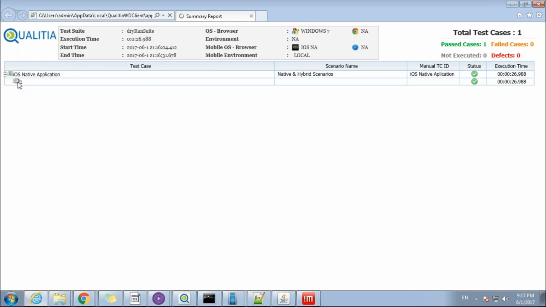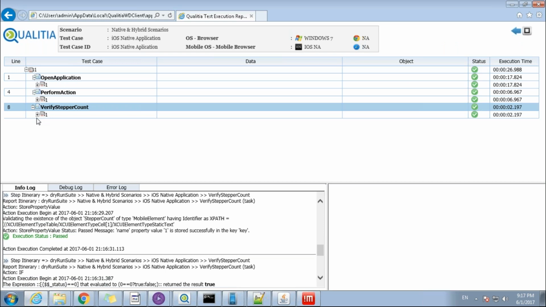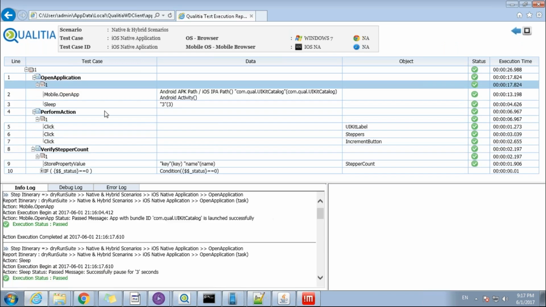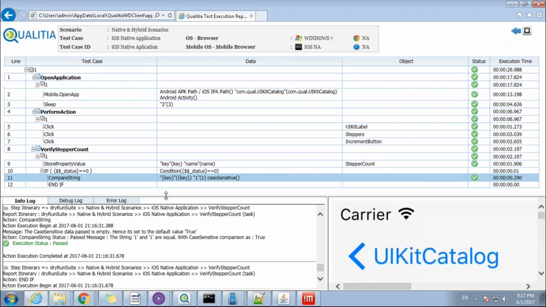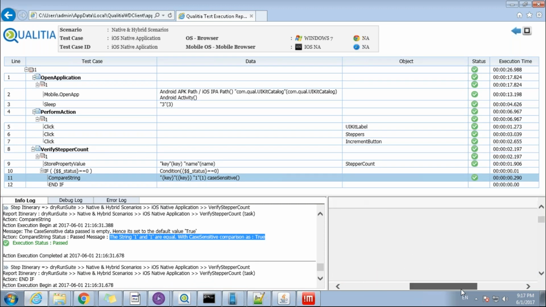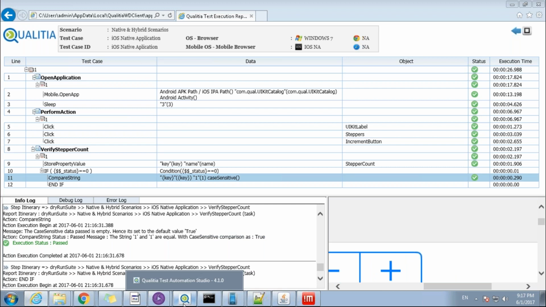As you can see here, the report actually reflects how the test case is rendered in Test Studio, so that it is very easy to figure out what's going on. In this particular case, what we're going to check is whether the string is matching with what we have already stored, and hence the test case is passed, right? On the right hand side, the actual screenshot is captured for your reference. So you can always refer to that and see if things fail, why they fail. So you have the data available with you.